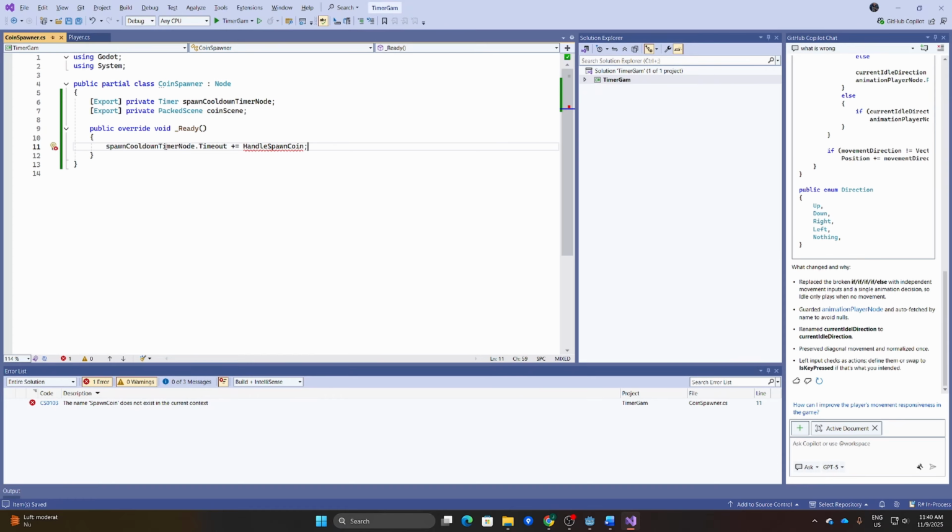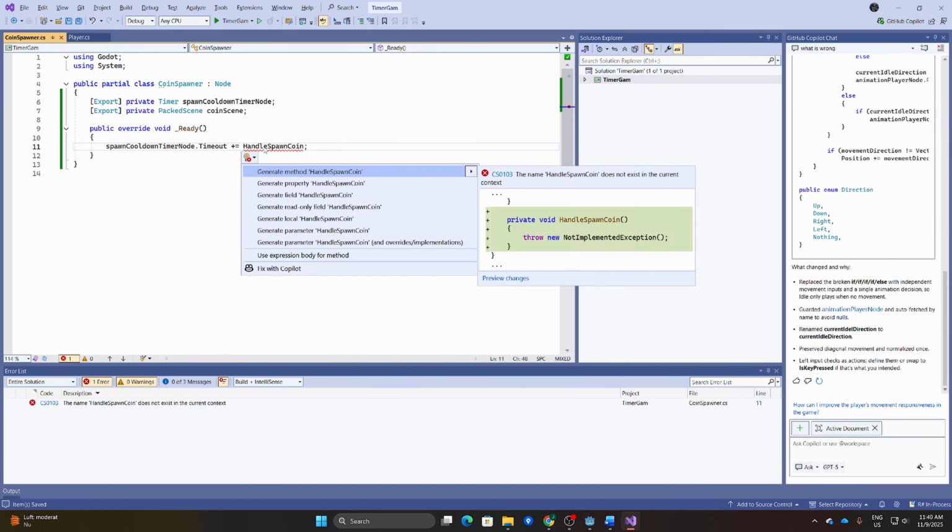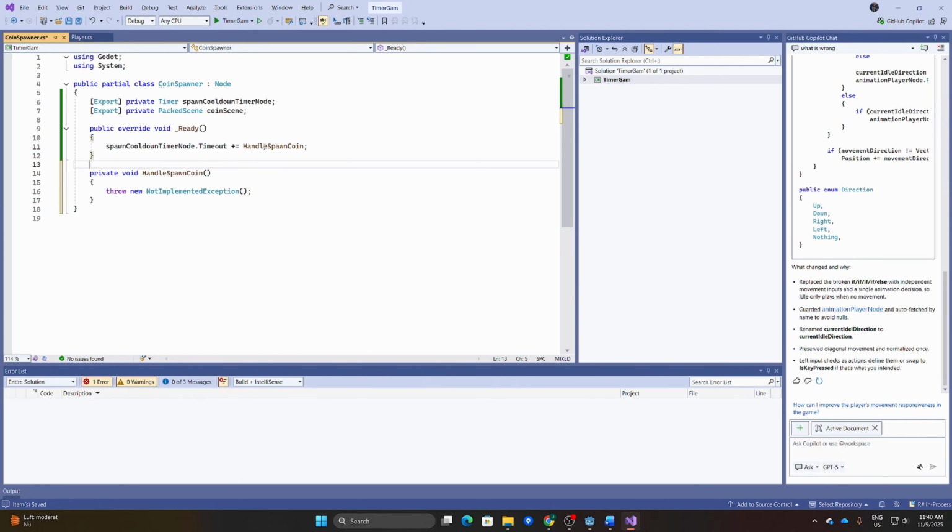The reason we say handle over here is because it's a great convention: when you create an event and raise it, you say on, and when you have a method like this, you say handle. So let's create this method, so click on Control Dot, and generate method.